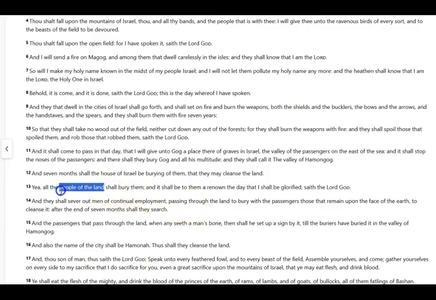So the reference to the people of the land is specifically to the Jewish people in the land. It's not anyone who lives in Israel who will be doing this. It's a specific reference to the people of Israel, the Hebrew people, the Jewish people, who will be doing this to cleanse the land. "And it shall be to them a renown the day that I shall be glorified, saith the